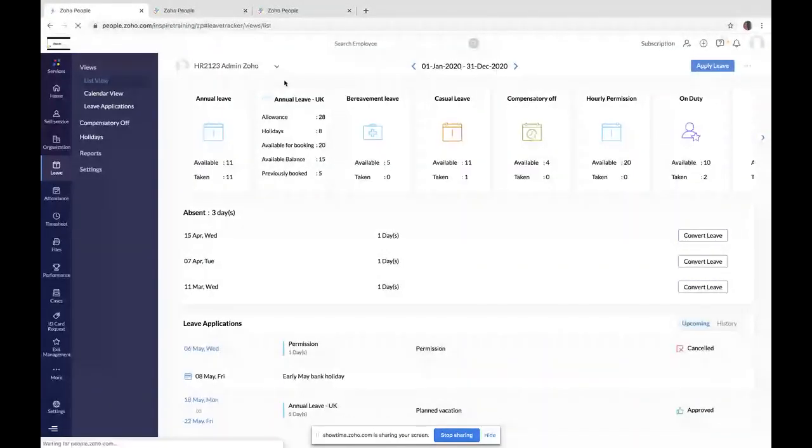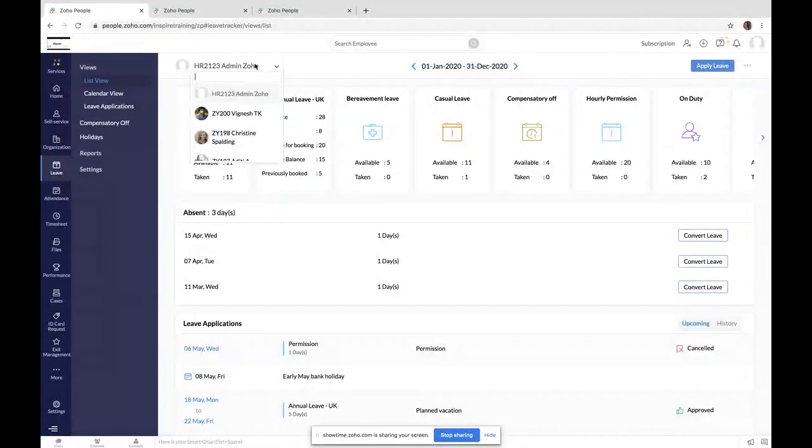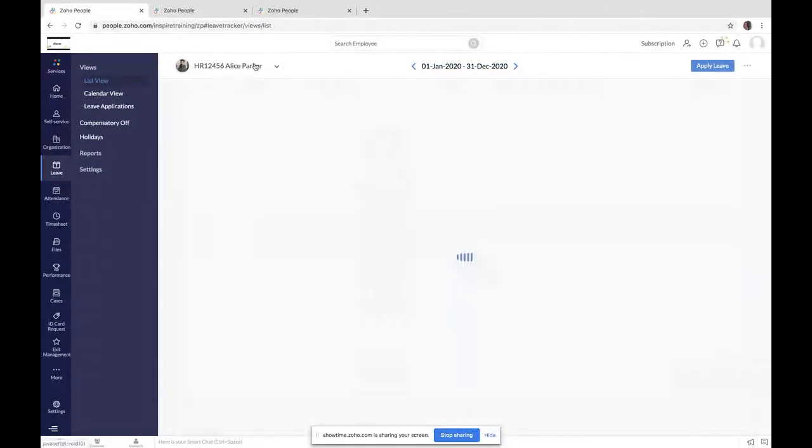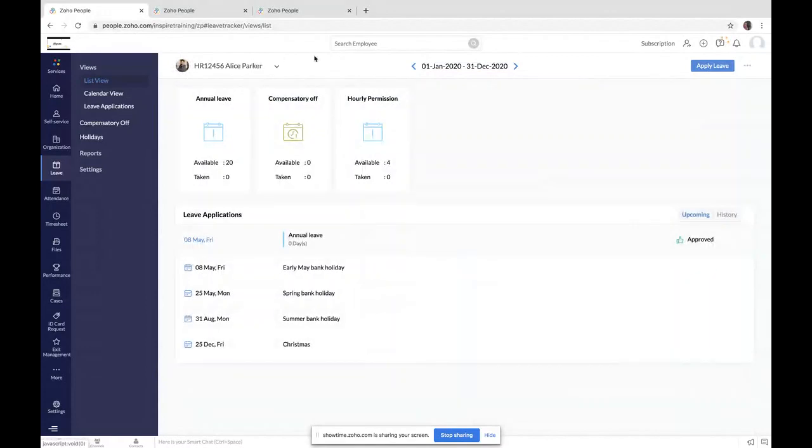So this is the leave dashboard for a specific employee. All the leave types which are applicable to this particular employee will be listed here, and this is the calendar cycle in which he's falling. You can toggle between the other employees as well in order to view their leave dashboard.